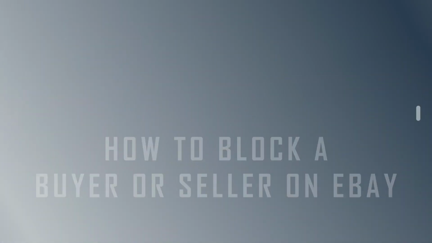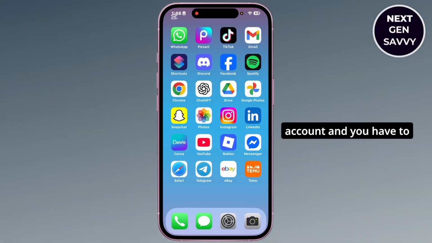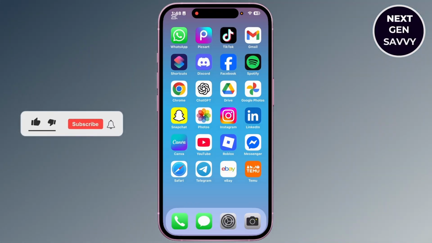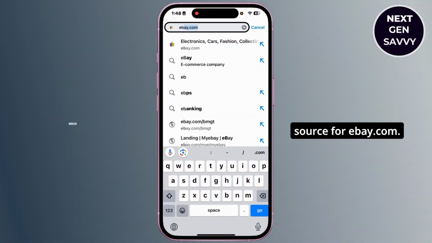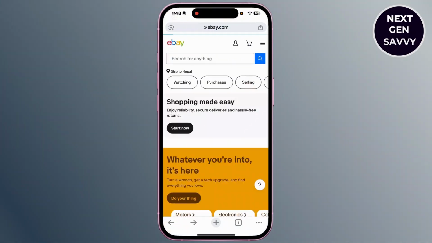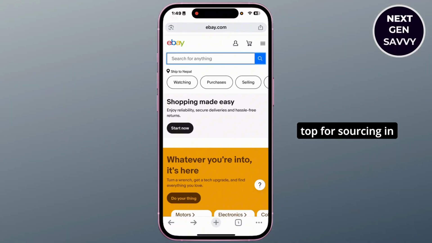So let's get started. First, I want to inform you that if you want to block a buyer, you must have a seller account and you have to open it in a browser. Simply open any browser. After you open the browser, in the search field, search for ebay.com. After you are logged back into your seller account, simply go to the search bar at the top